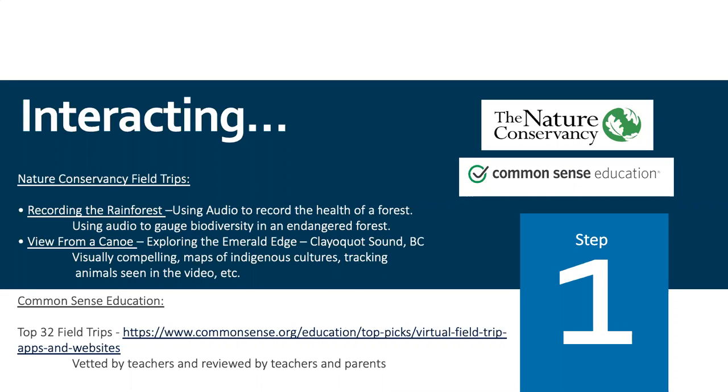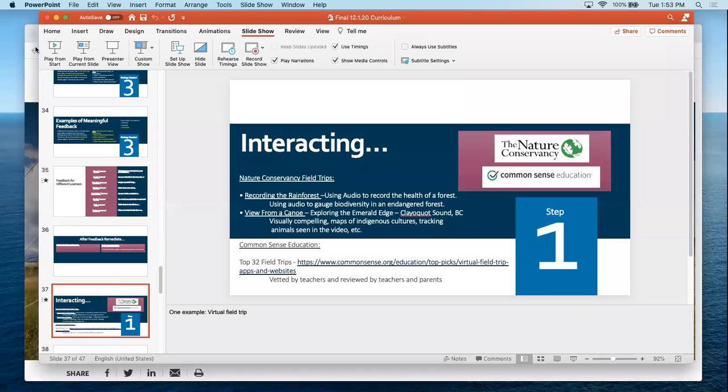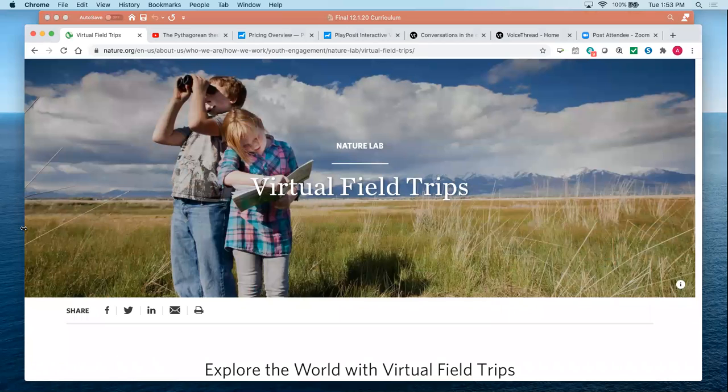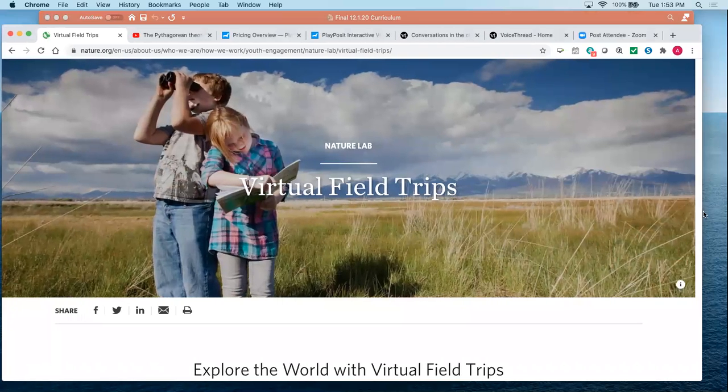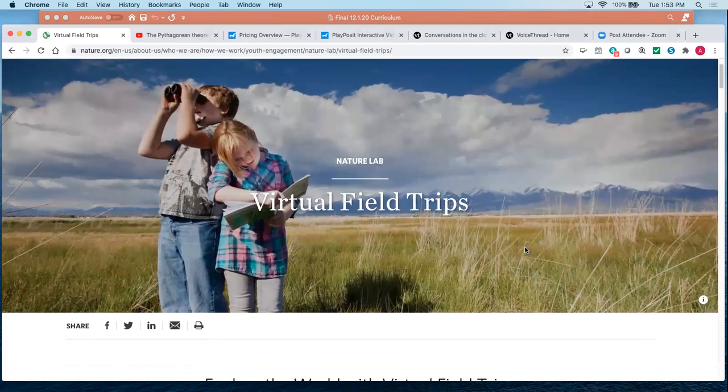The Nature Conservancy is one of the places we didn't explore too much in the last couple of presentations we did, and they've got some wonderful field trips. I think we're running out of time. We may not go to these today, Dr. Robertson, but I will mention that there's one called Recording the Rainforest, which is great for oral learners because it takes them on a trip through the rainforest where they can hear what the health of the rainforest is instead of see it. And this is what the Nature Lab looks like when you go to the virtual field trips site,